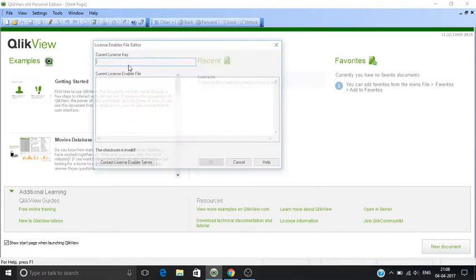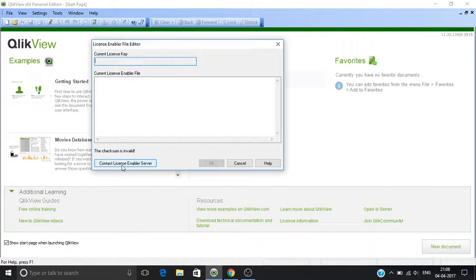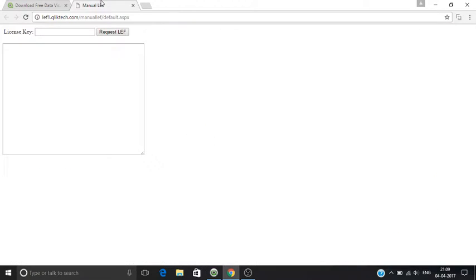If you want to update the license, you can put in the current license key, then click on contact license enabling server. Then it will fetch the license enabler file, that is LEF. If you don't have internet on your server or machine, then you have to go to a system which has internet connectivity and open this URL